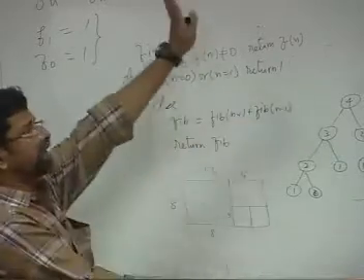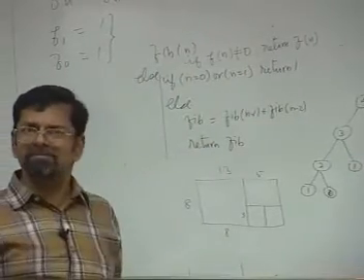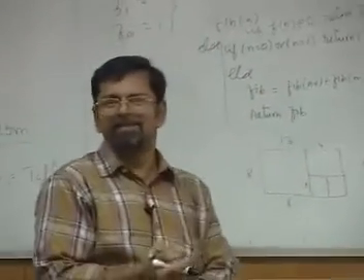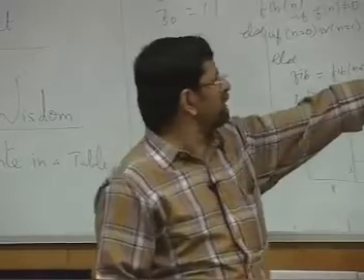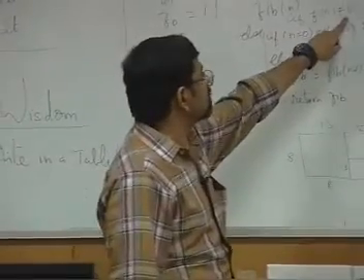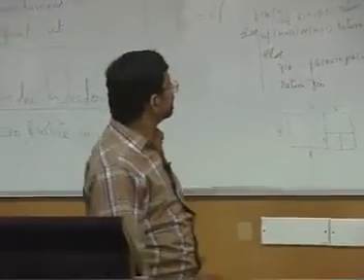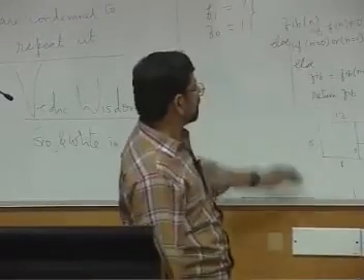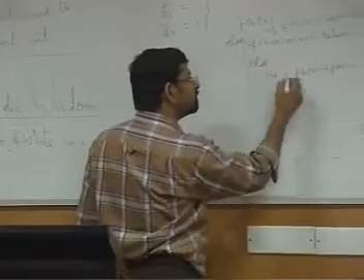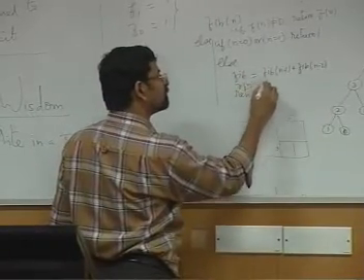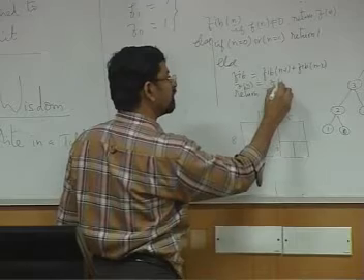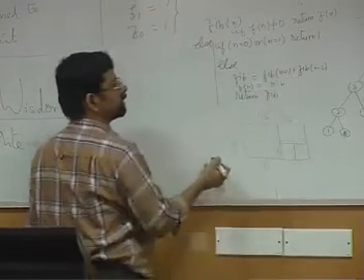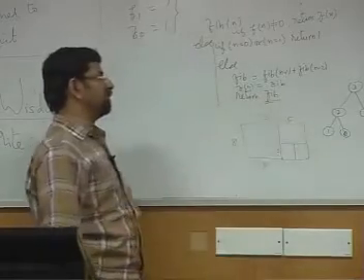That is, I am going to maintain an array, and that array value will be returned. It is an auxiliary array, simply a table that I am maintaining just to help my recursion. I look into the table value. If f of n is not equal to 0, I return that value immediately. Else, if f of n is equal to 0, then I make a recursive call, and fib equals this; f of n equals fib. That computed value I store in the appropriate f of n, and I return fib.